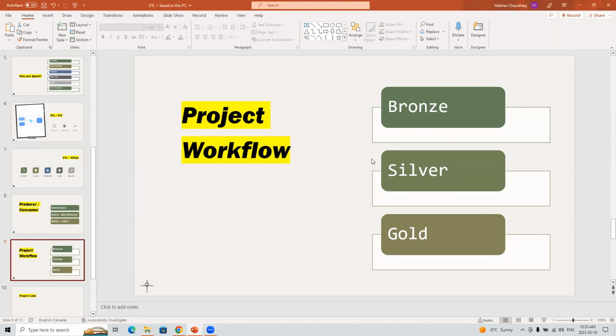But here the bronze, silver, and gold is actually different. These are called the layers. I was telling you about the producer and consumer, the upstream and the downstream. Okay. And Mr. Jayant is saying it's similar to Snowflake, silver, bronze, and gold. That is correct. Yes. If you know that tool, the Snowflake or orchestration tool, yes, that is correct.